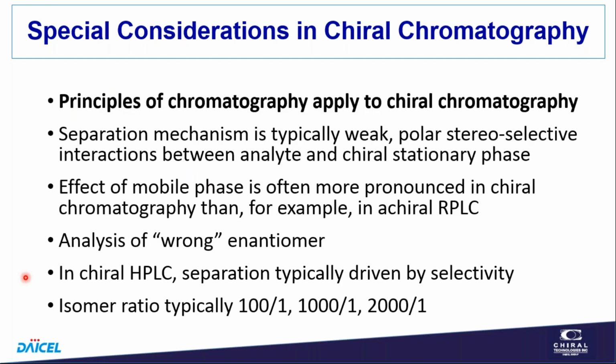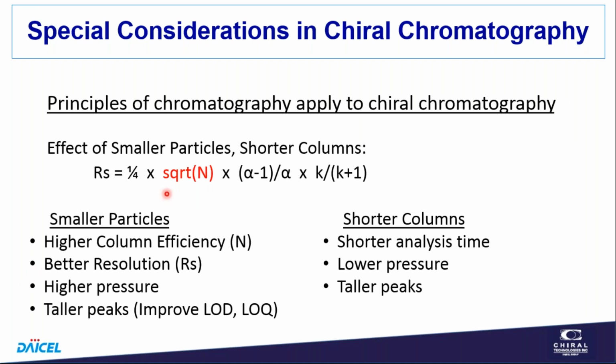So I just talked a little bit about the chromatography. I want to talk about the particle size or column efficiency. And you probably know this from achiral chromatography, that with smaller particles, we get higher efficiencies, related to 1 over the diameter of the particle. So as we go to smaller particles, we'll get higher column efficiency, which means we'll get higher resolution. But we also get higher pressure, and this certainly is the issue of UHPLC. UHPLC, as you probably know, is not really a technique. It just means chromatography run using smaller particles, which result in higher pressure.